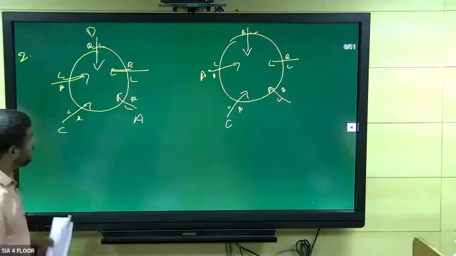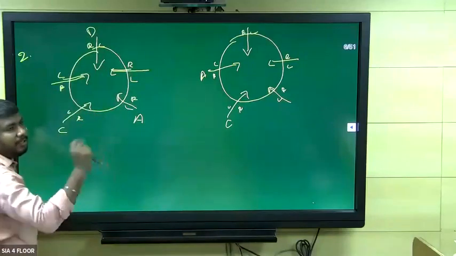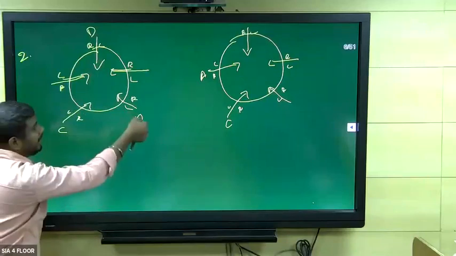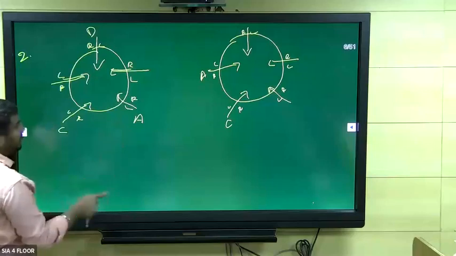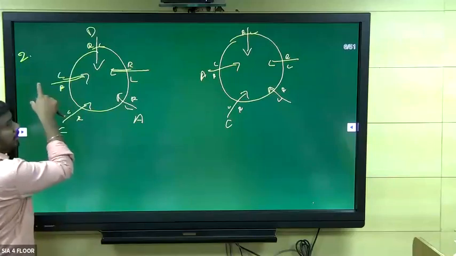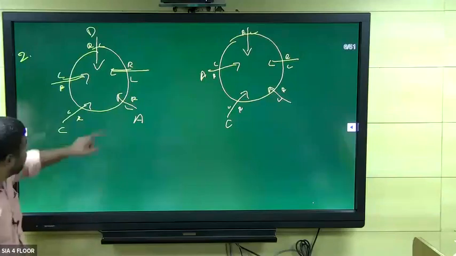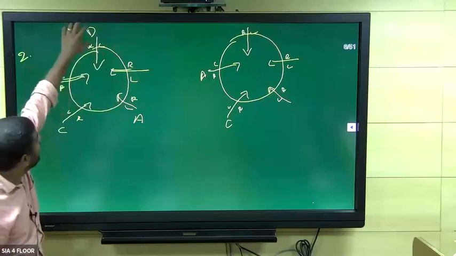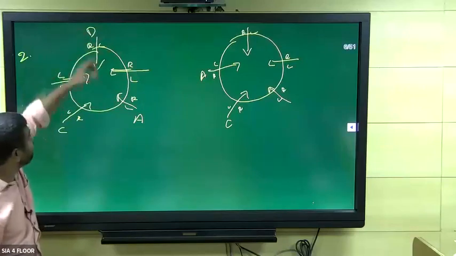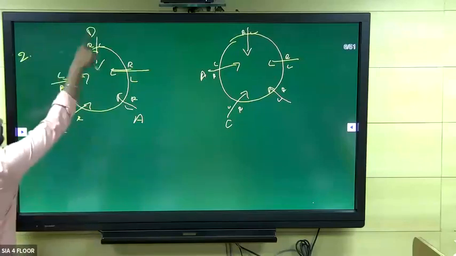And also, listen here, on this side, D will come here. But here also, they did not mention that D is 2 seats from the right of A. They did not mention like that. So the other possibility is 1, 2. D will also come here because the direction is not given in the statement. So D is seated 2 seats from A. So we can take the right side. If it is right side, then D will come here. If it is left side, then D will come here. So we need to draw another diagram for this.